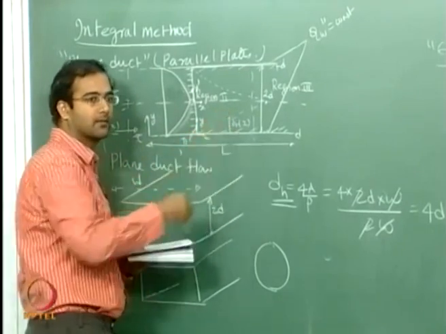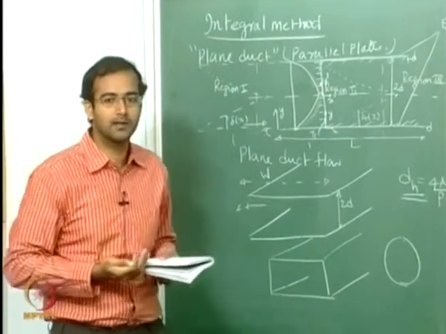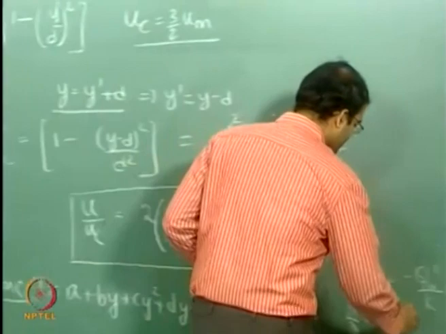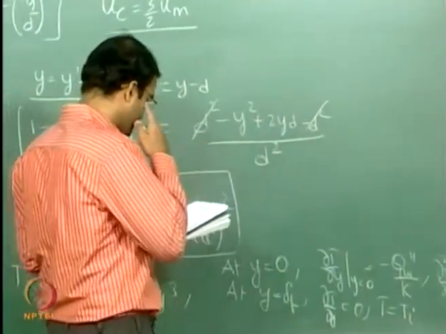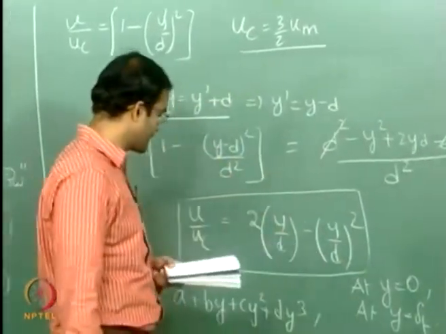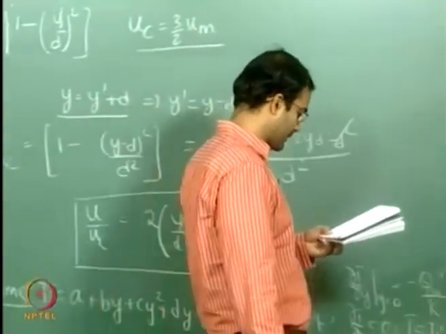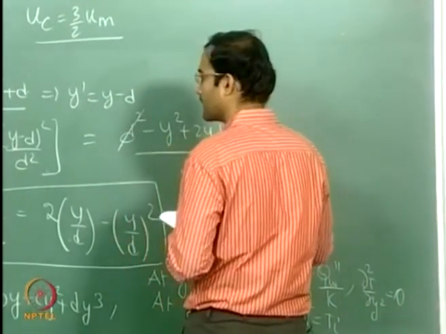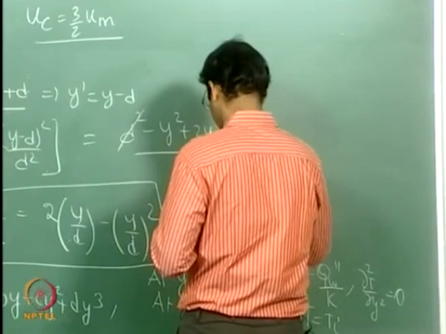It is like your flow past a flat plate. You have your T infinity outside the boundary layer. So instead of that, you have Ti here. So therefore, you have 4 boundary conditions. So if you substitute these 4 boundary conditions one after the other, you will get all the 4 coefficients, and your final profile will look like this: T minus Ti is equal to